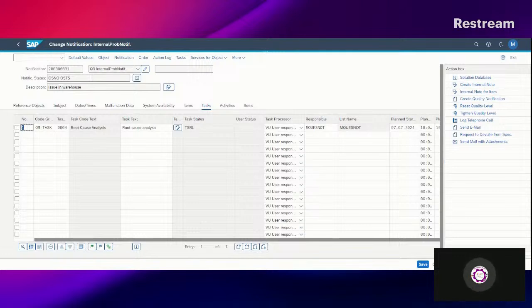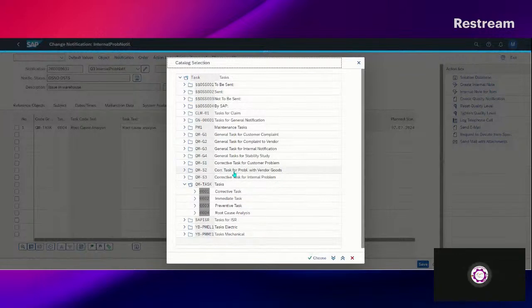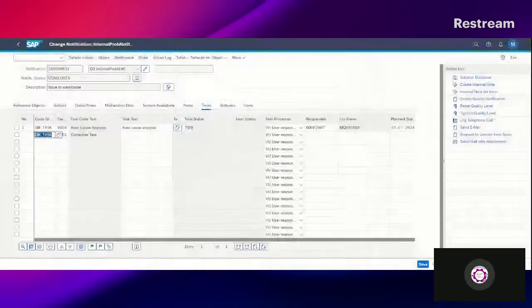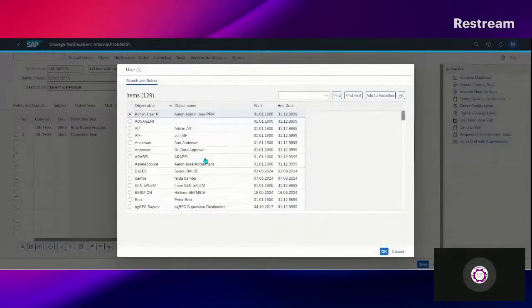and make the following entries to define a corrective action on notification level. We have released, so a new QM task. This time I choose QM task and corrective task, and text rework surfaces. We have responsible username of this task,